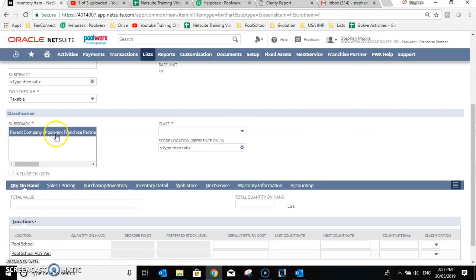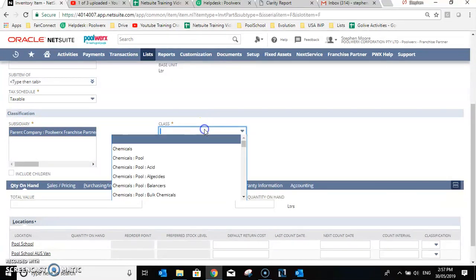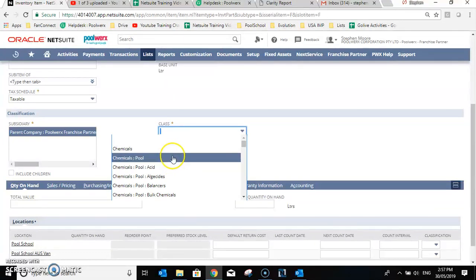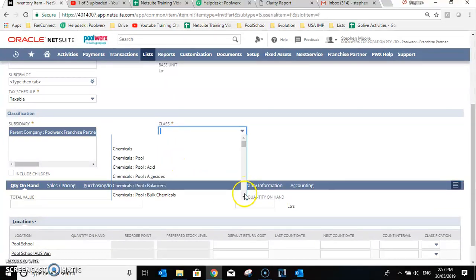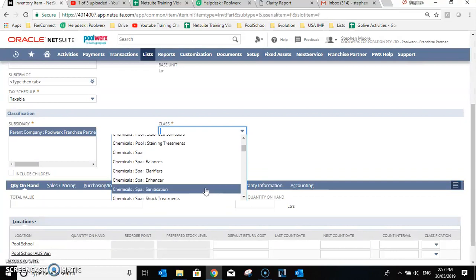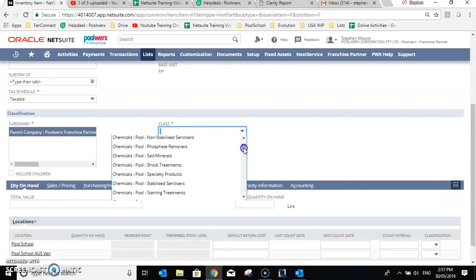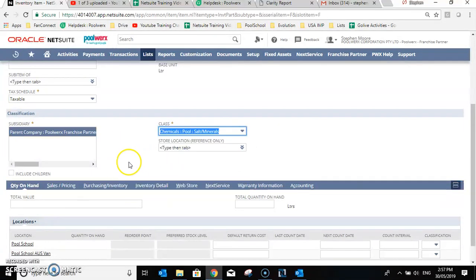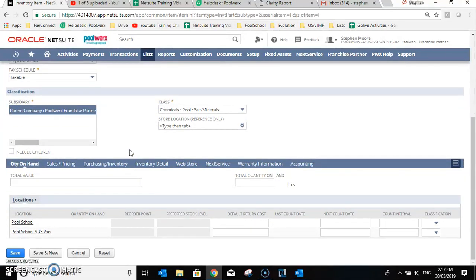Our franchise is already clicked there. Here is where we put our class, and as I said, we're going to create a chemical. So is it a chemical pool or chemical spa, which is down here as well. Let's just say we're going to say it's salts and minerals. Then we go down to our sales pricing